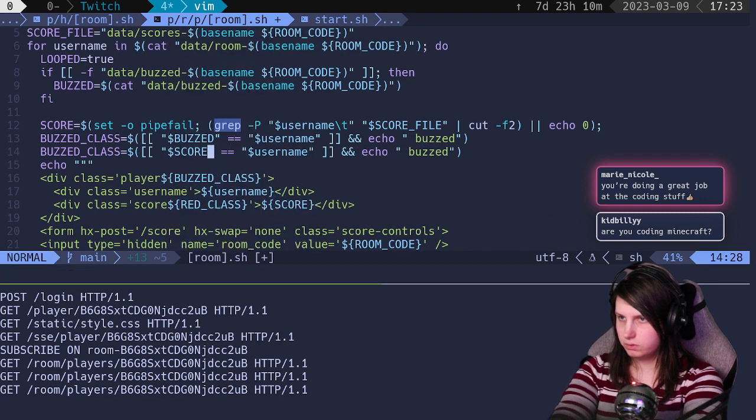Let's do a score. If score is less than 0,